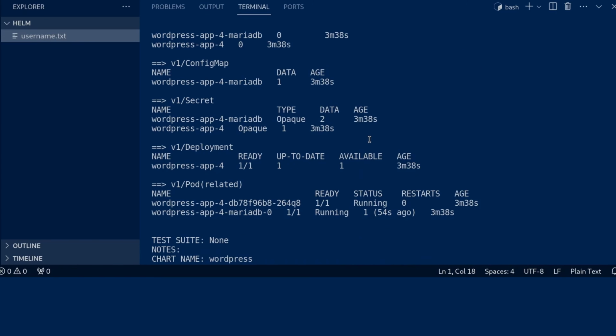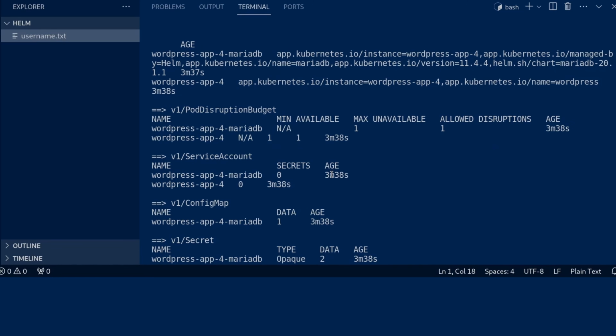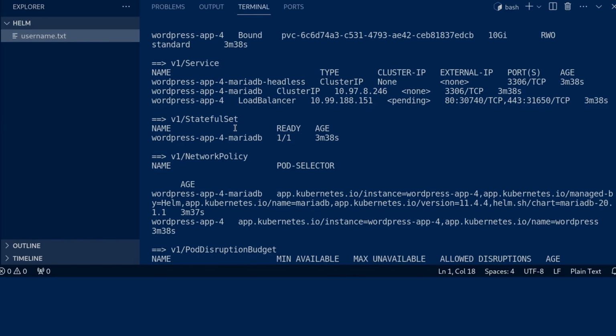So let's scroll up, and here we find that we have a service. It is a load balancer, and it is listening on the port 80 and port 443. Okay, so by default, when we create a release based on the Bitnami WordPress chart, a service of type load balancer will be created, and it will be listening on two ports, on the port 80 and on the port